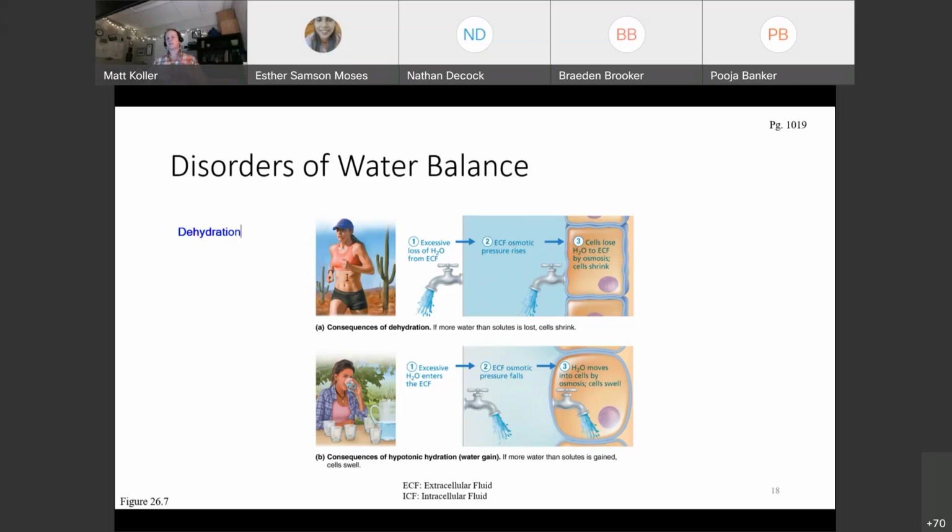But in this case, we see an individual who's exercising in a hot environment. They have excessive sweating. They have an excessive loss of water. So they're losing body water through the sweat. Now, because the extracellular fluid is losing water, the intracellular fluid will lose water. So in this case, what is happening? Well, we see that the extracellular fluid, so that's both blood and the interstitial fluid around the cells, we see an increase in osmolality.